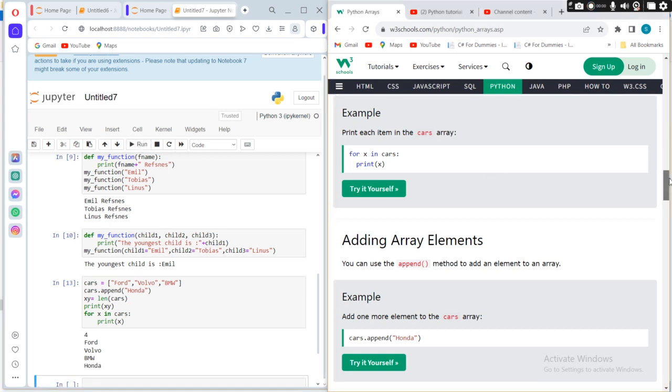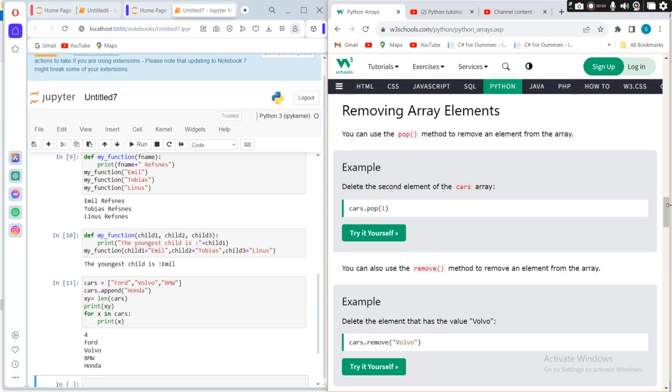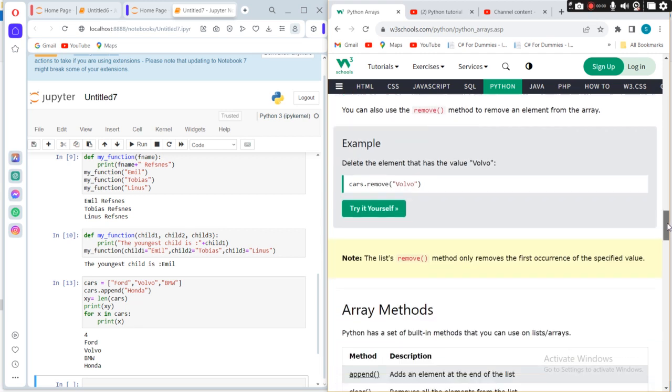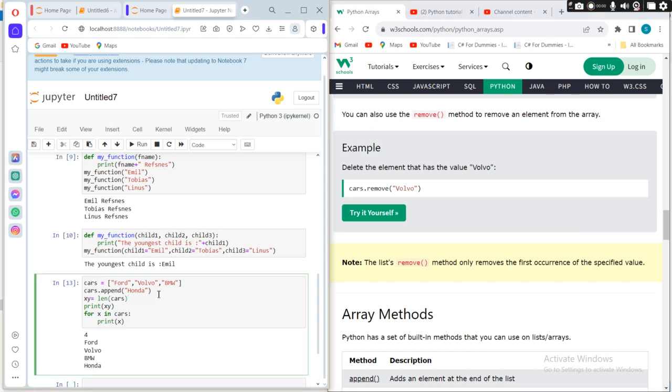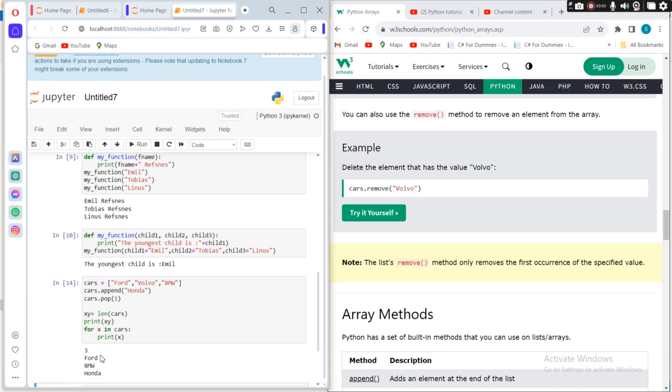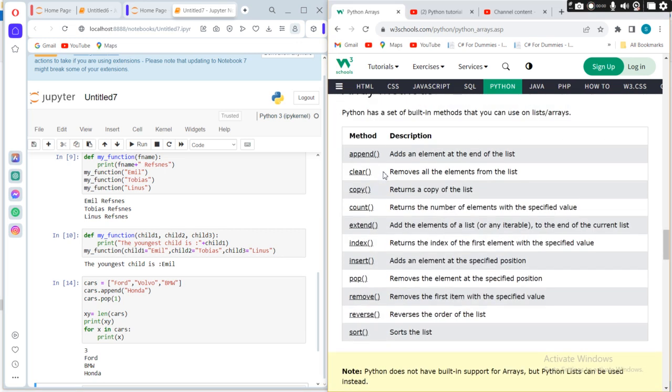We can also pop an element. For example, pop with 1 means the second element, which is index 1, should be removed, or we can also use remove. In this case, I say cars dot pop 1, or remove we can also use, so the element at 1 will be deleted. The length is 3. Volvo is deleted, and then BMW. So these are some of the methods: append, clear, copy, count, extend, index, insert, pop, remove,